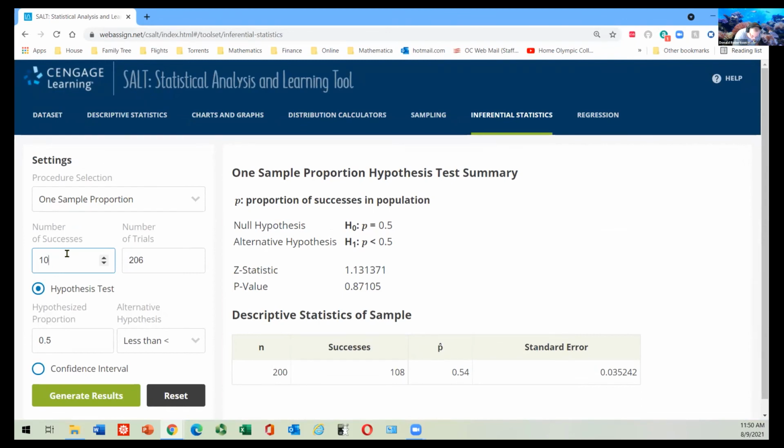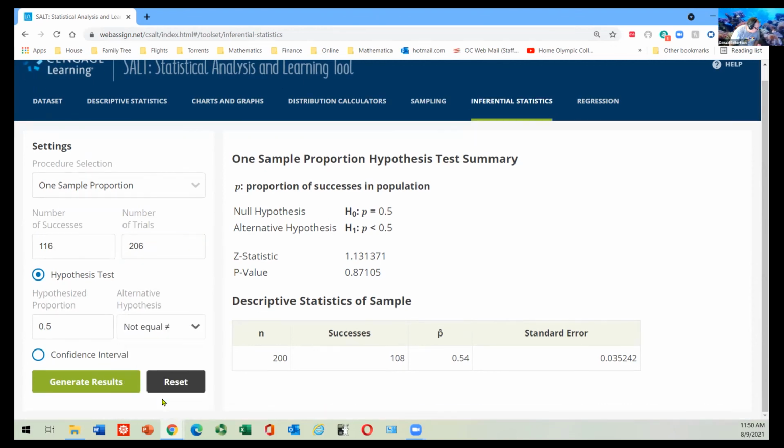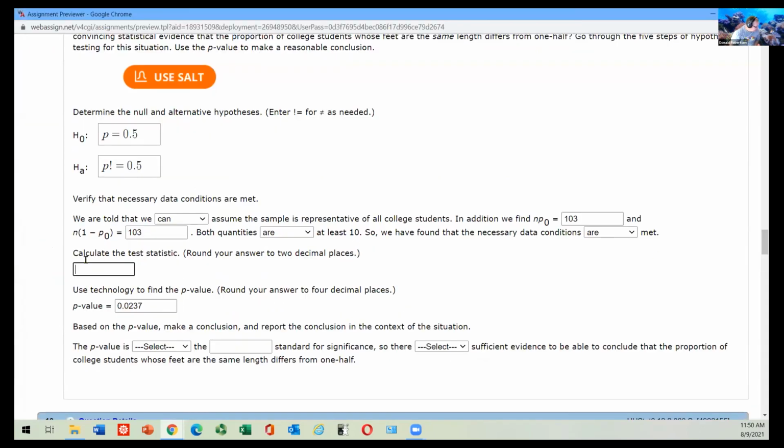For some reason, this thing updated, maybe found a new question. That guy, not equal to that guy, generate results. So why is that number different? Because that number's not right. There we go. That was the p-value that worked. I believe this guy is what they're calling the test statistic. You're right. Okay. I wish they'd just